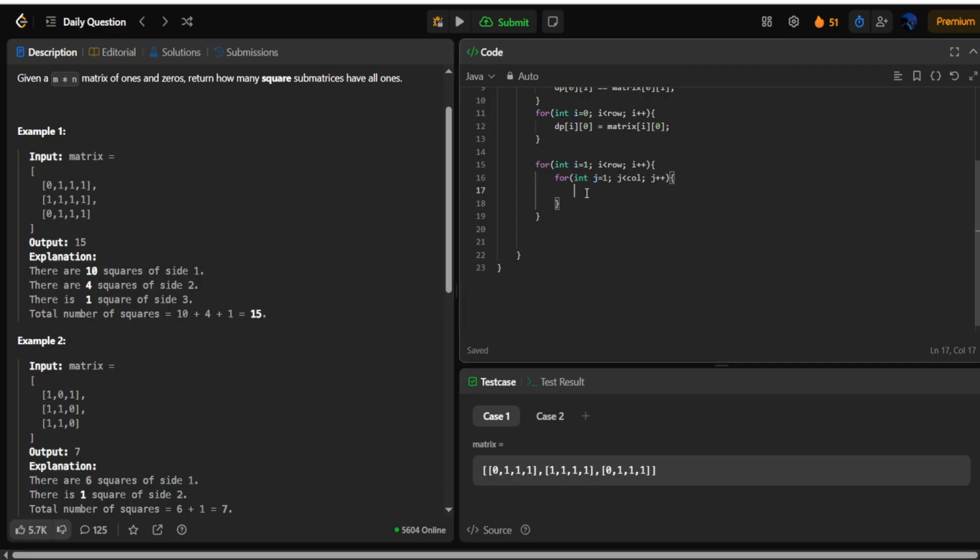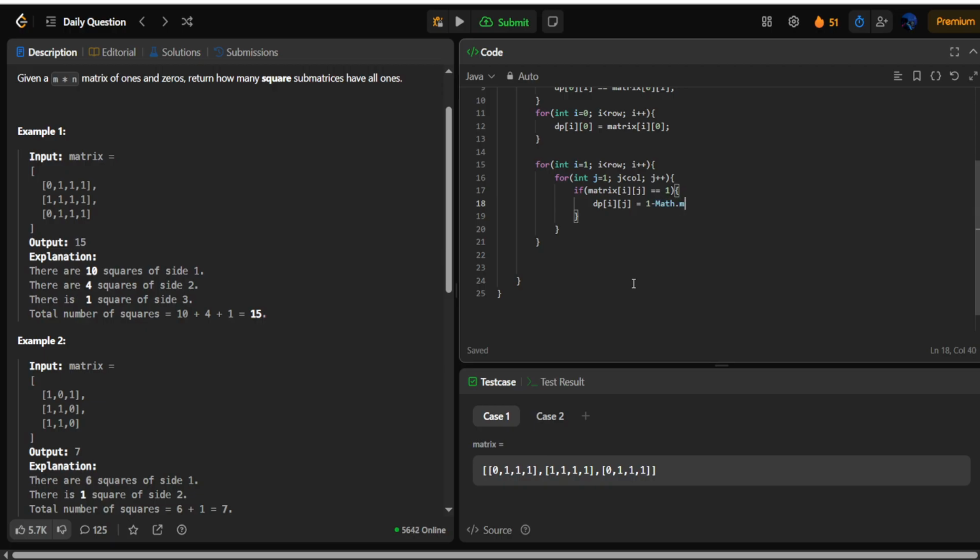So first we check if matrix of i, j, that particular index, is 1, then we check the previous. So if matrix of i comma j is equal to 1, then dp of i comma j, whatever we got we update in dp, 1 plus